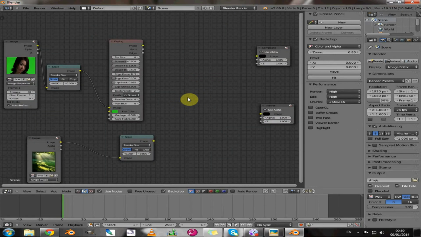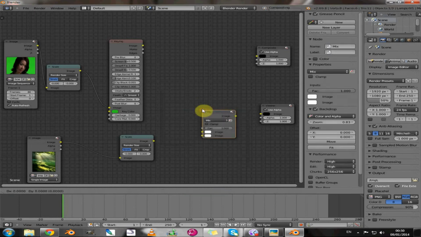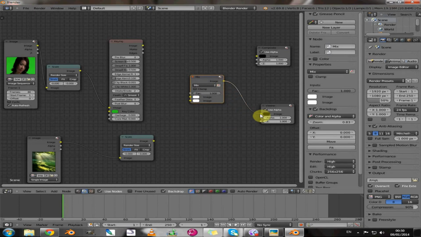Okay, so if instead of the alpha over we now press Shift A and add a color mix node, we plug that into our viewer,